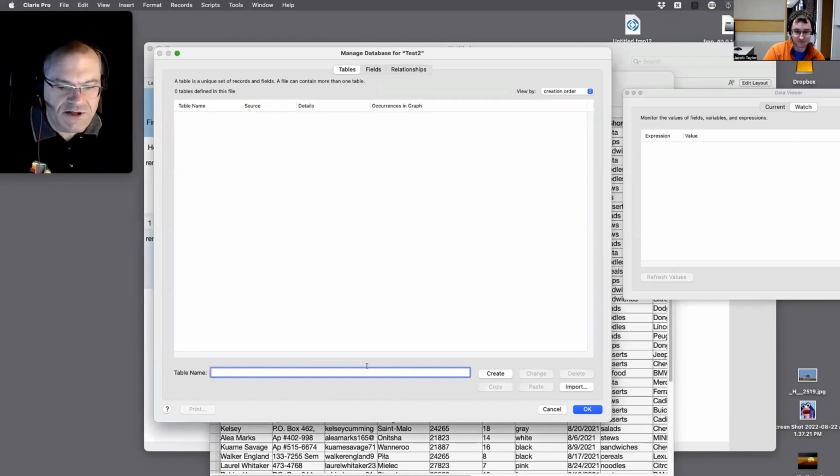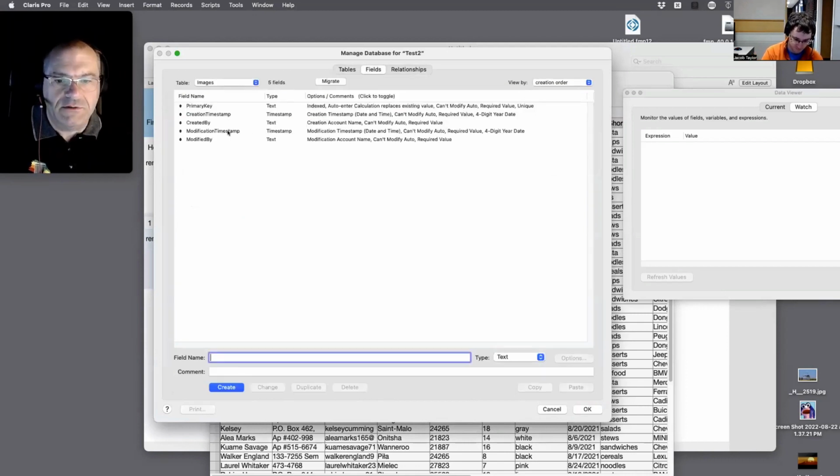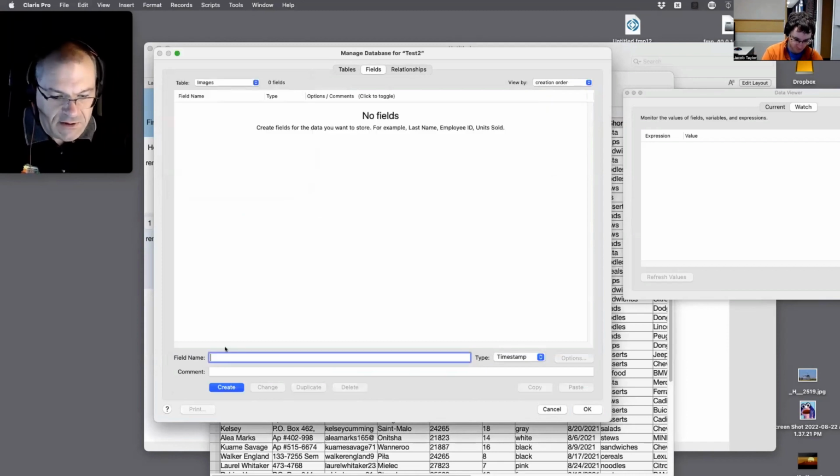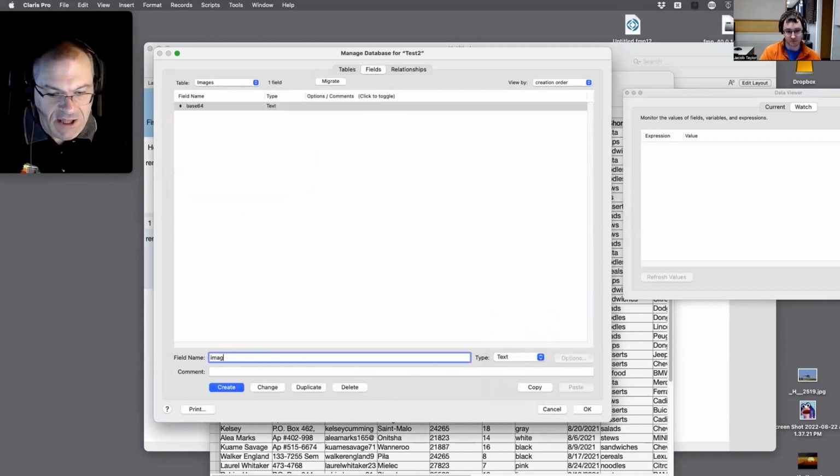So what I'm going to do is create a table. I'm going to call it test image. I'll just call it images. Okay, I'm going to create it. I'm going to go in here. It puts this other field. I'm just going to delete that. I don't want to deal with it. I want the base 64. Okay, I'm going to put that as text. I'm going to create an image, right?